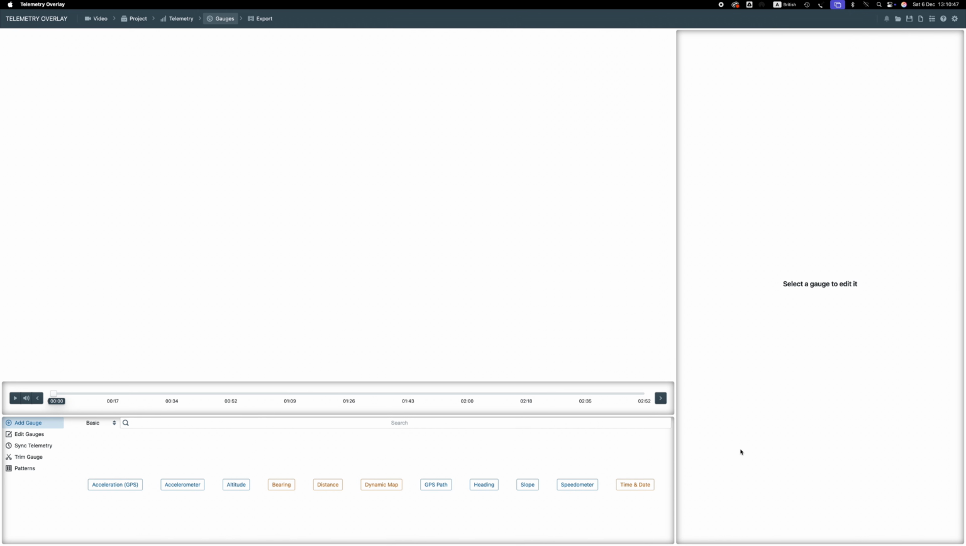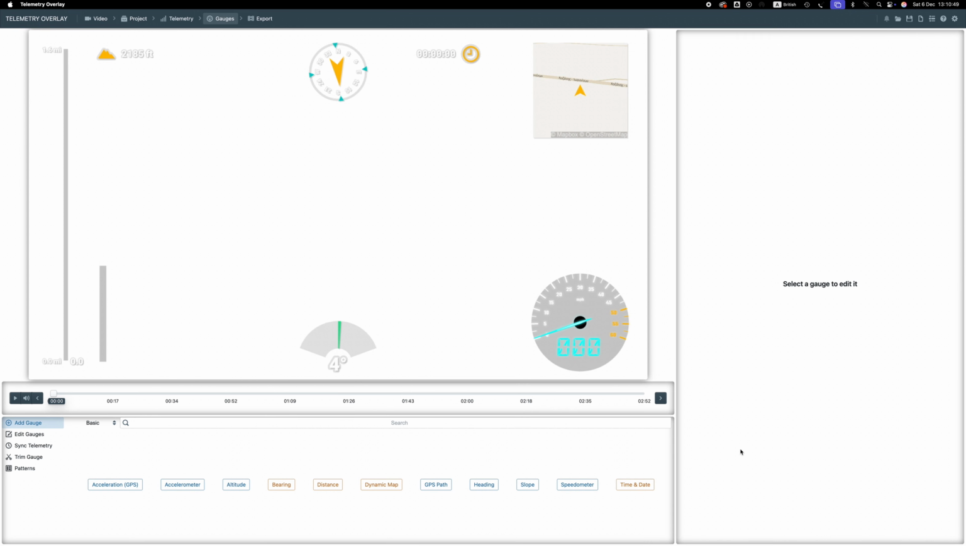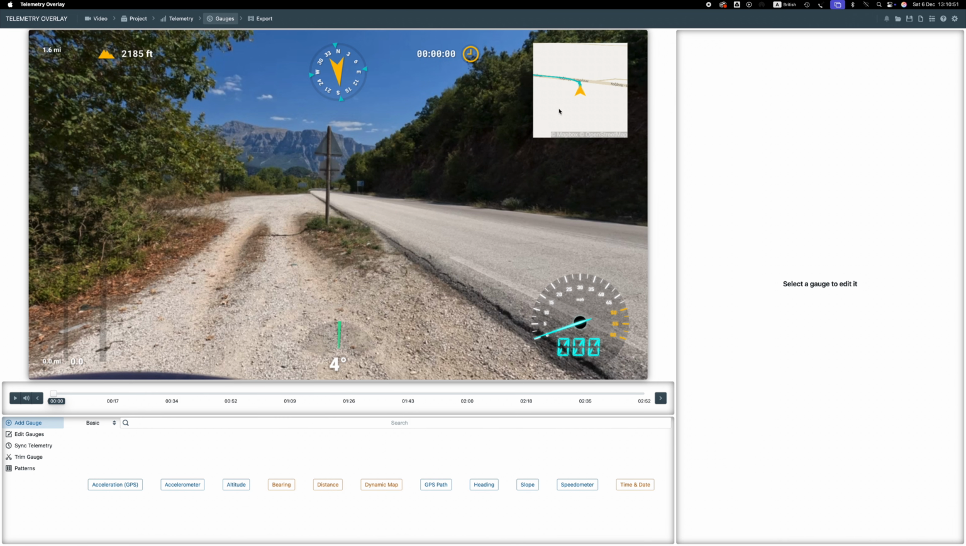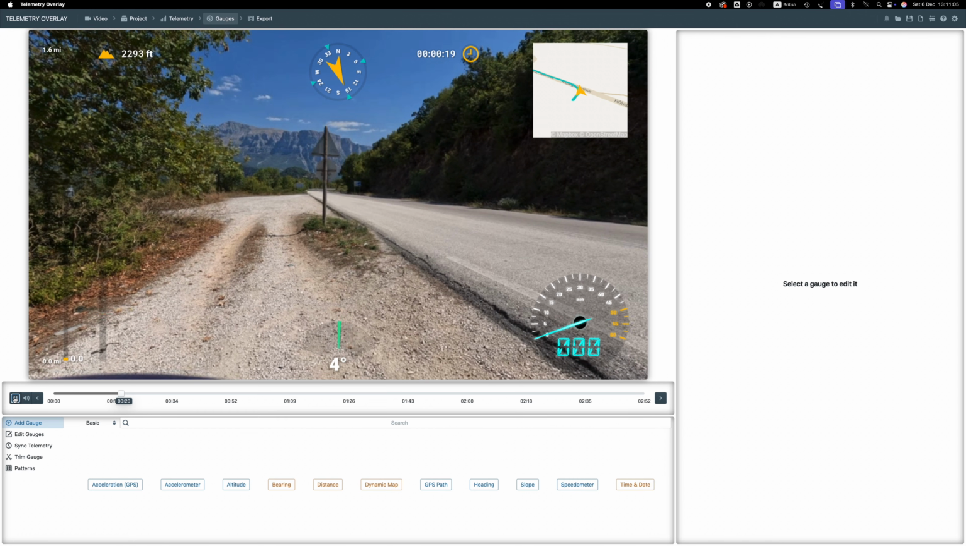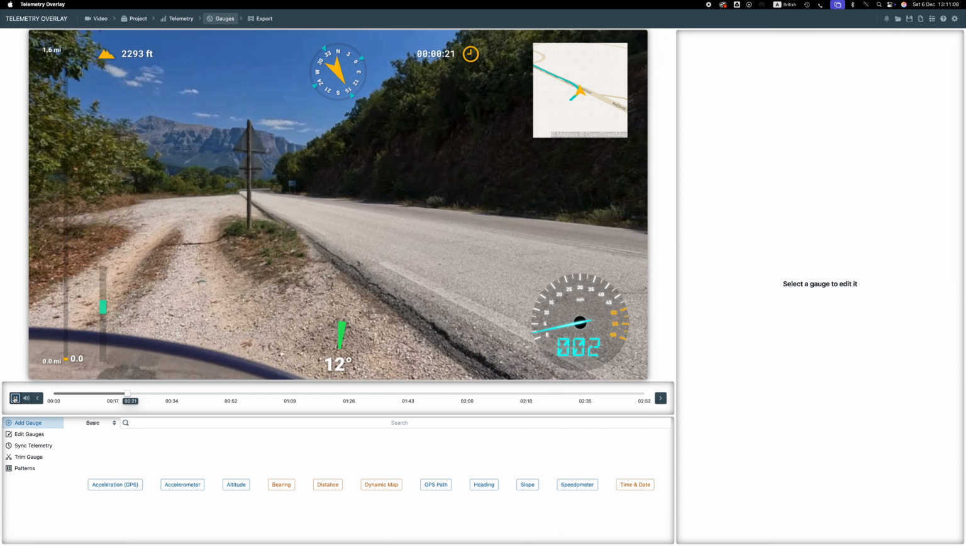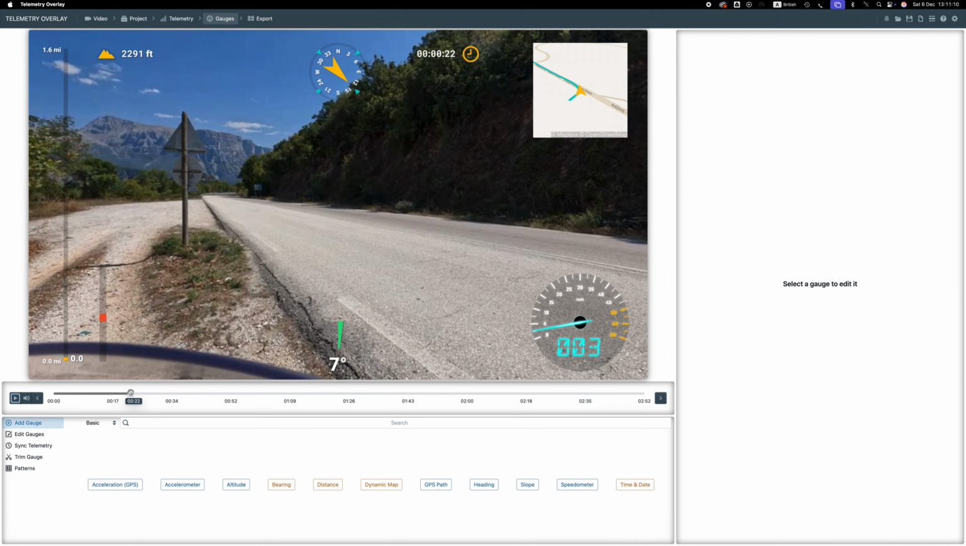Then the next step is that it's processing the telemetry. So then it will take you into the gauges part of the application. And as you can see, there's my low resolution footage, and I can move along the timeline, and it'll take a bit of time to catch up, and sometimes you do have to press play so you can actually see where it is. Oh, there we go, it's starting to move,